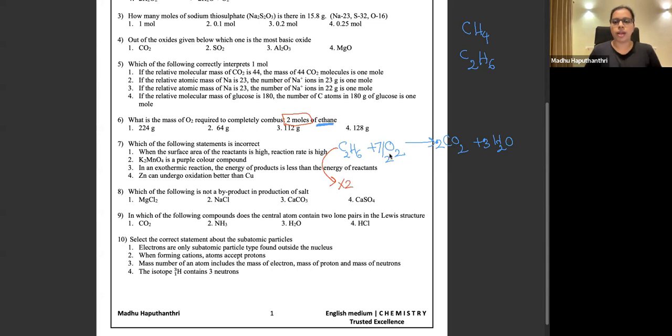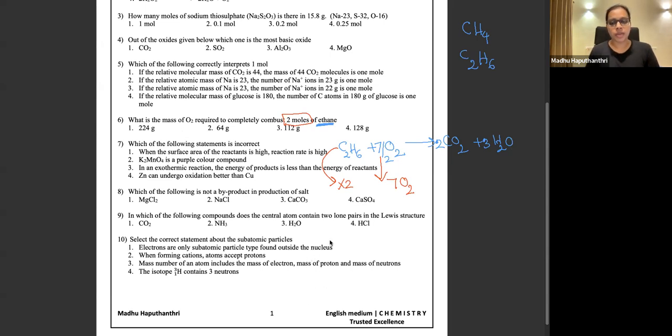So when everything is multiplied, we understand now our concern is oxygen. You don't have to rewrite everything, right? These are MCQ questions. So always keep in mind, what is the question asking from you? If the question wants you to chase oxygen, there's no point in multiplying CO2 and water by 2 and writing 4 CO2 and 6 water here. It's just a waste of time. So we'll take only the oxygen. When you multiply this by 2, it's coming to 7 moles of oxygen. I'm asking for the mass, right?